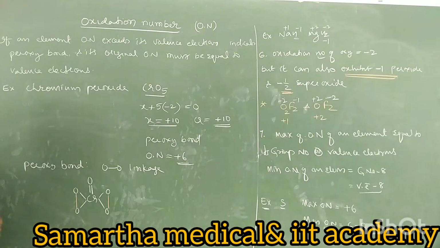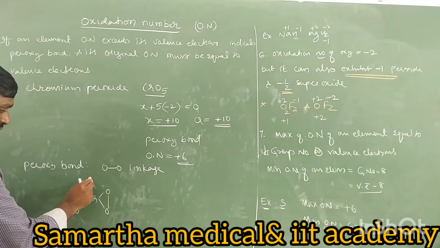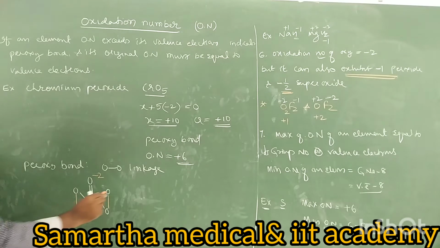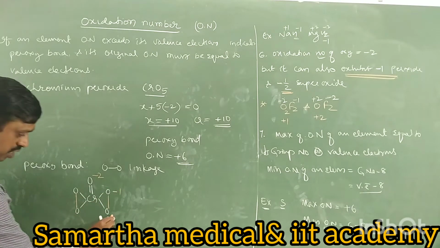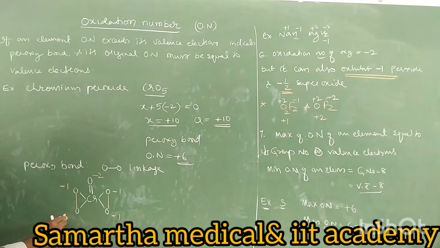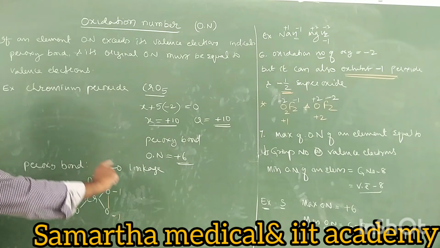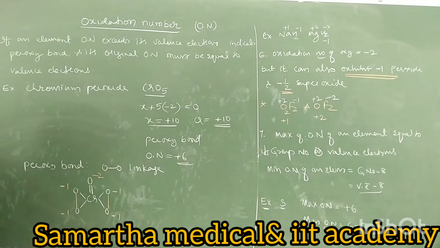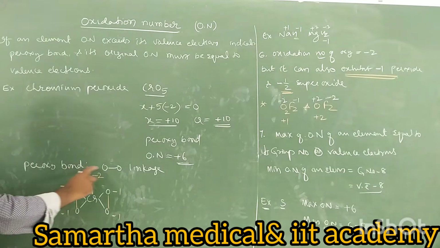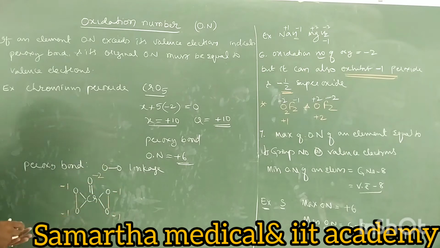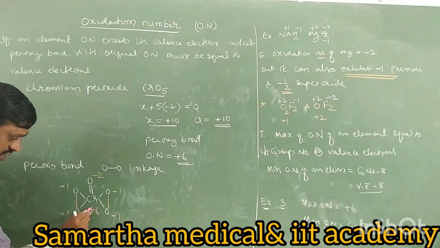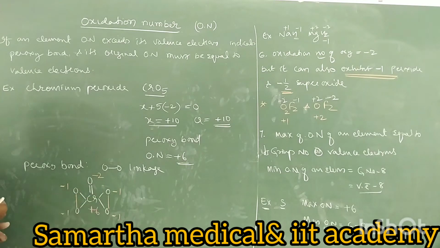Then how do you calculate the oxidation state now? This is not a peroxy, it is -2. This is a peroxy, -1. This is a peroxy, -1. Then you just add all the negative oxidation numbers: -2, -3, -4, -5, -6. Since all these are added, it becomes -6, then the chromium must be +6. Therefore it becomes total neutral, right? So that's what chromium has, +6 oxidation state.